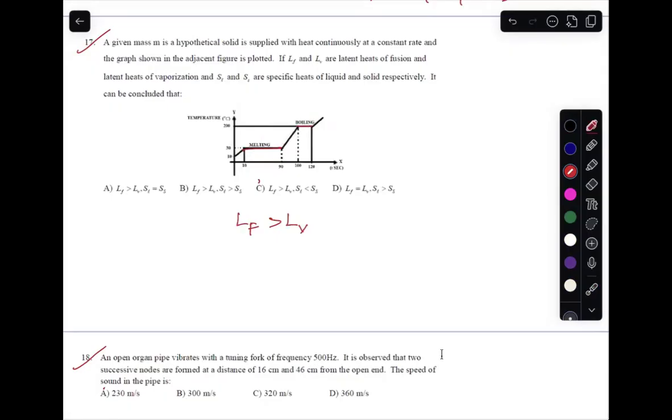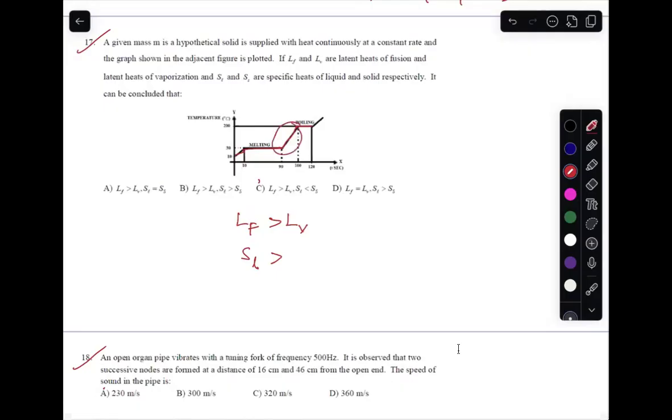It takes more time. Next. Clearly, the slope of this line is more than the slope of this line. So which means, yes, a comparison of specific heats of liquid and solid. Specific heat of liquid is greater than